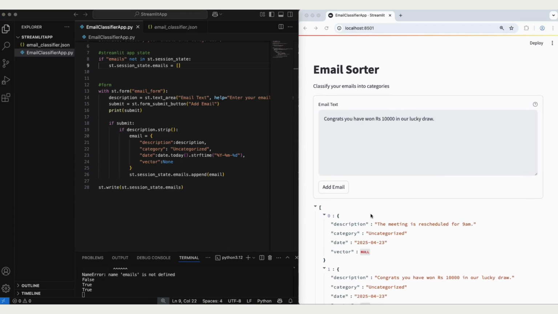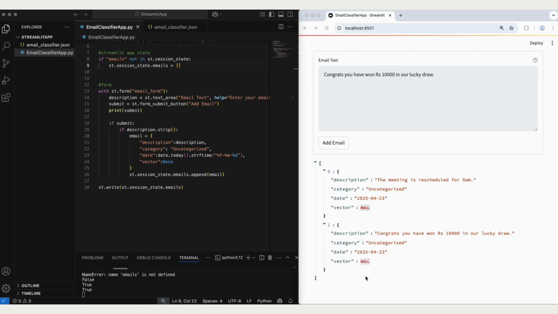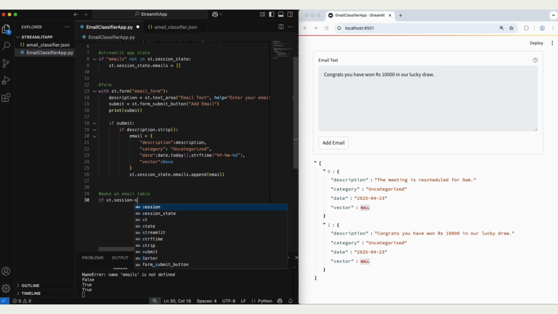Now what do we have here? We have a very messy depiction of our object. Let's clean that up. Let's make it a data frame. Okay, so how do we do that? So I'm going to take this st.write out, and I'm going to say, actually, let's make an email table. So we're going to say if st.session_state.emails, and let's first just convert it into a